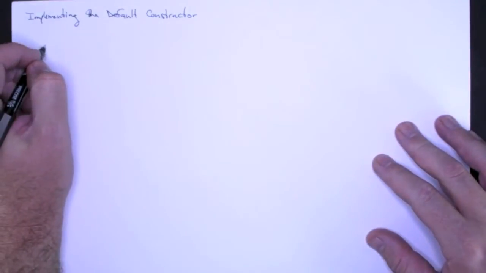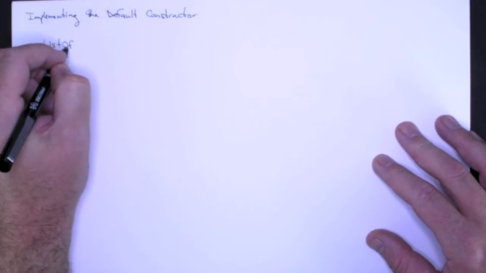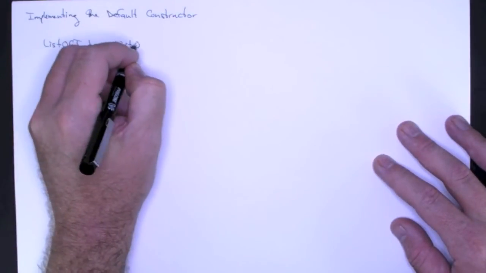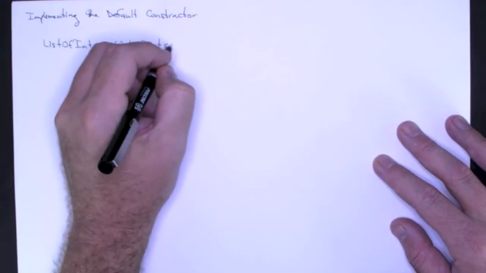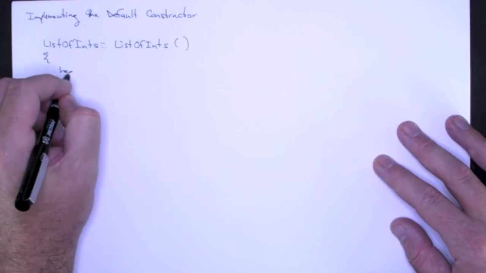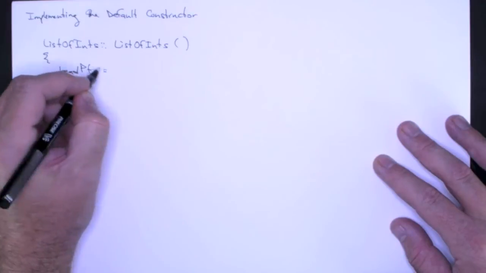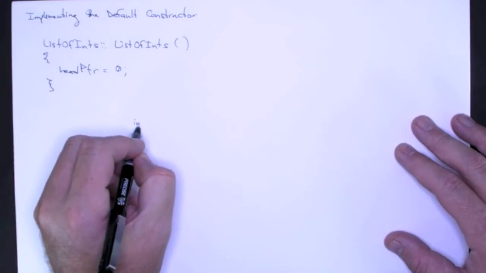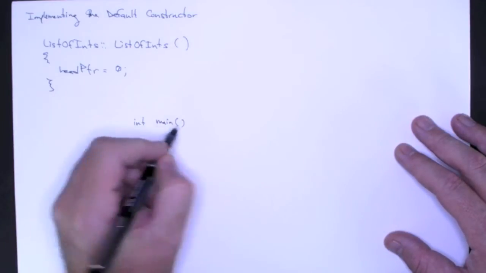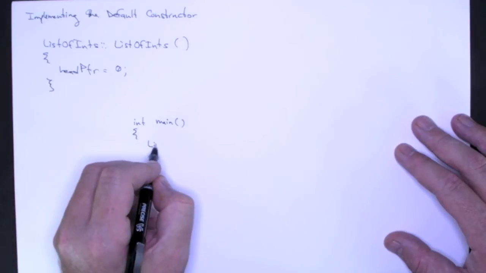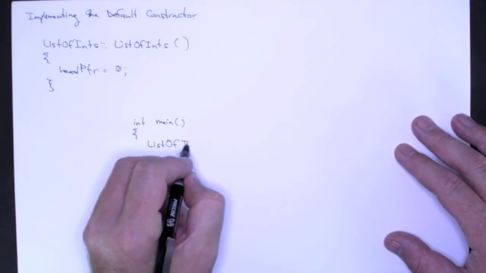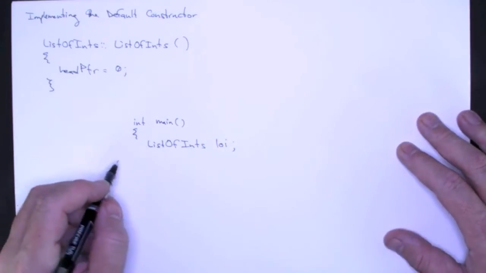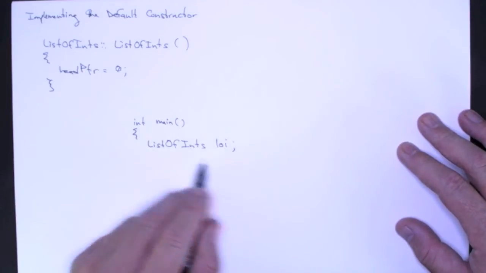So for our list of ints, all our default constructor needs to do is make head pointer point to null, just like that. So in main, for example, or wherever you're using this list of integers, when you get to this declaration and when you execute this statement,